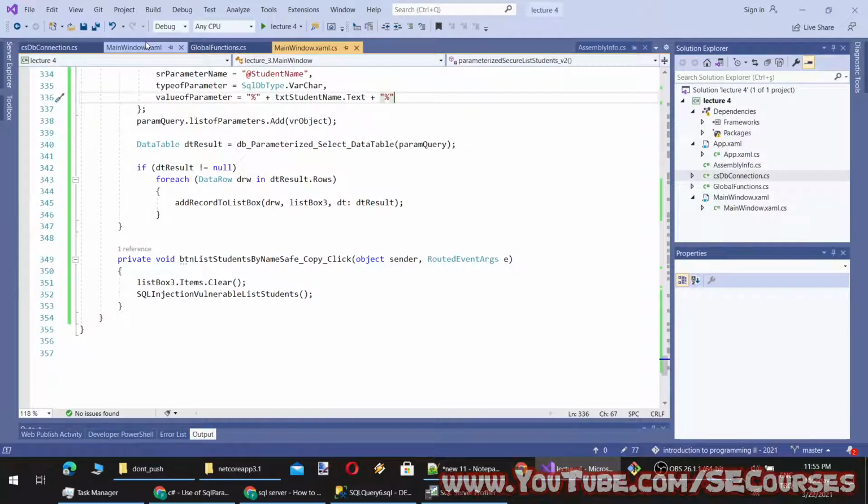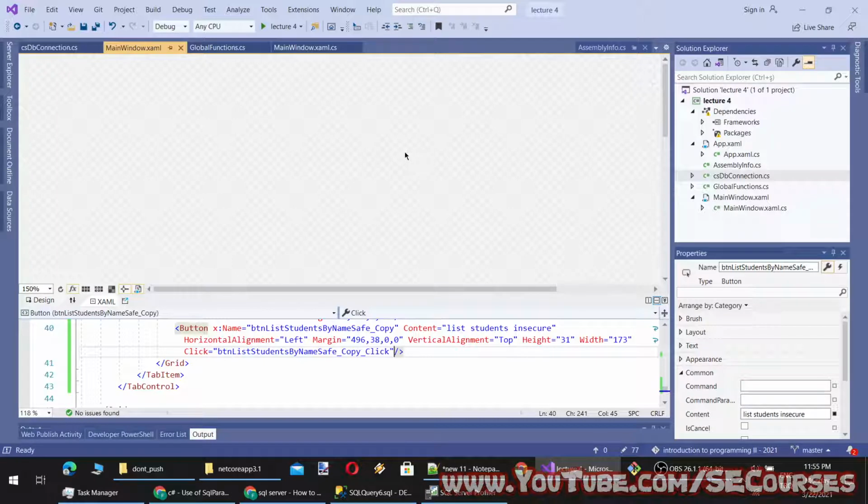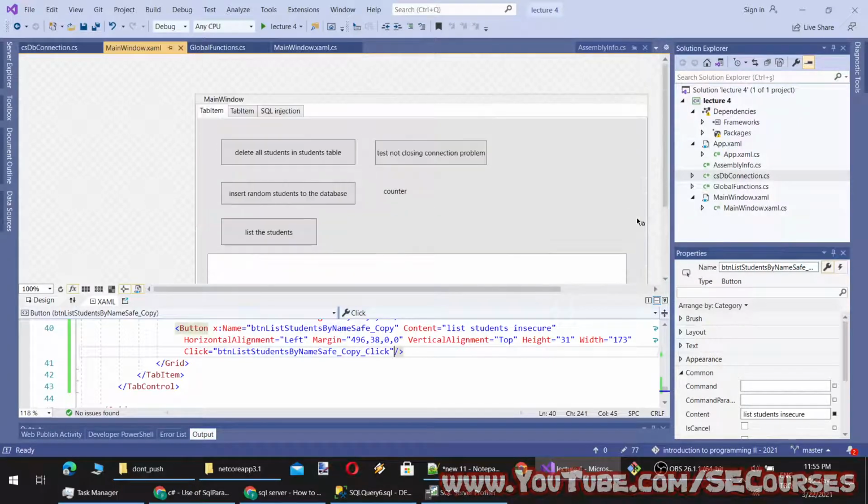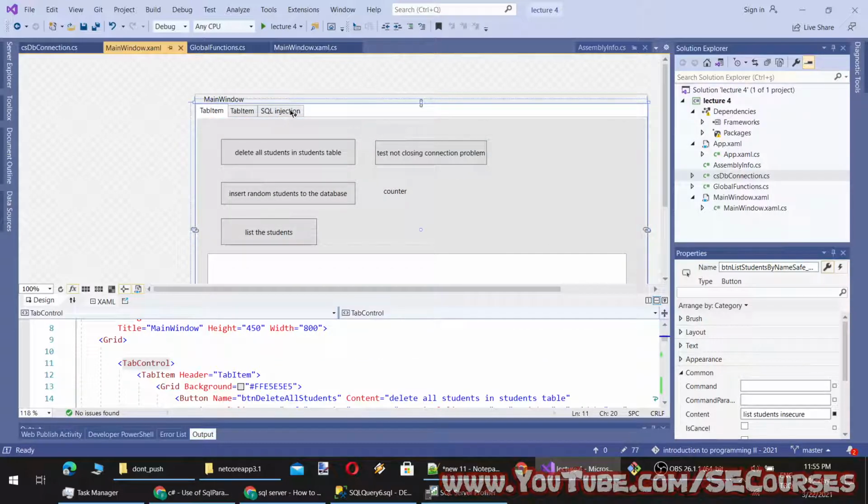So let's add a button to update all the student names in our database here.